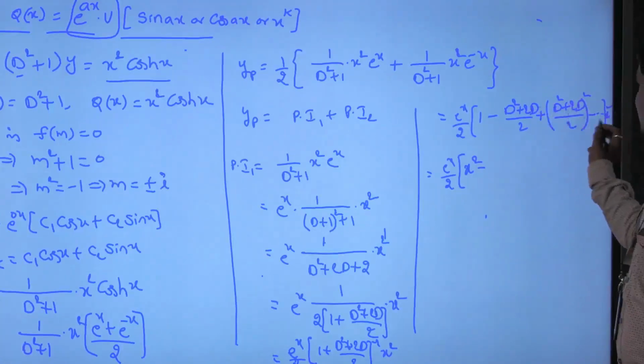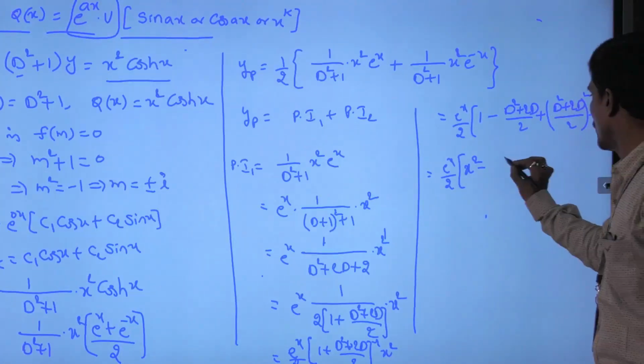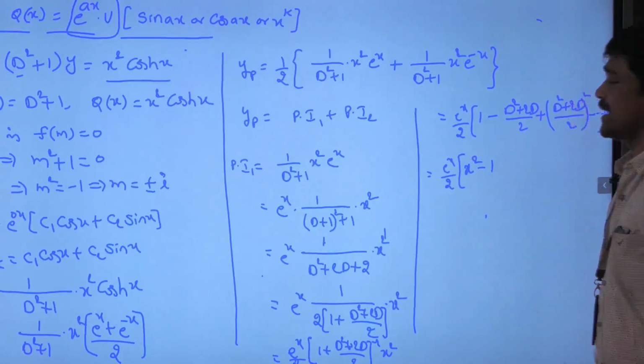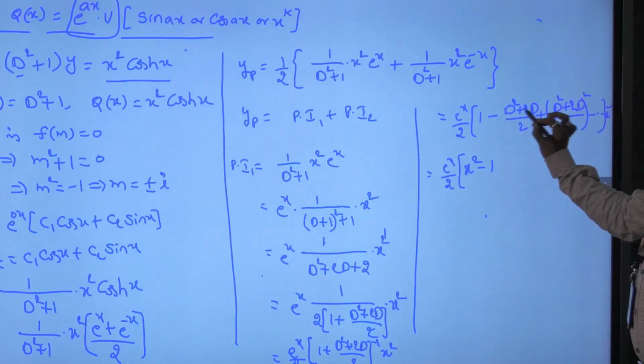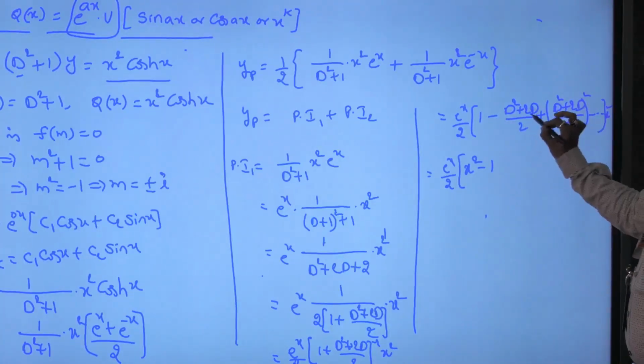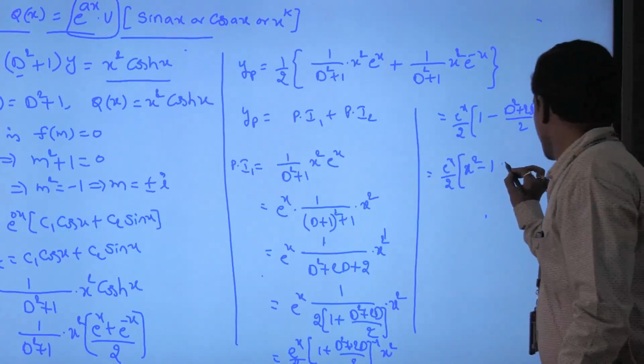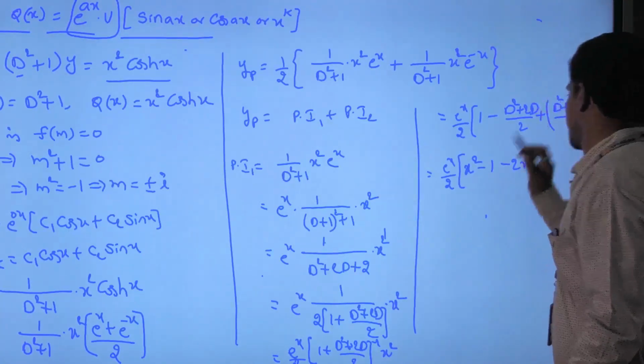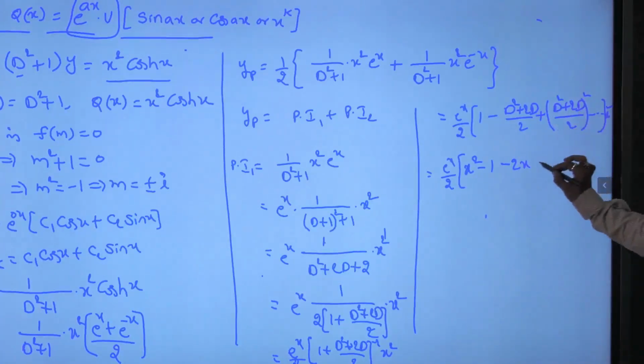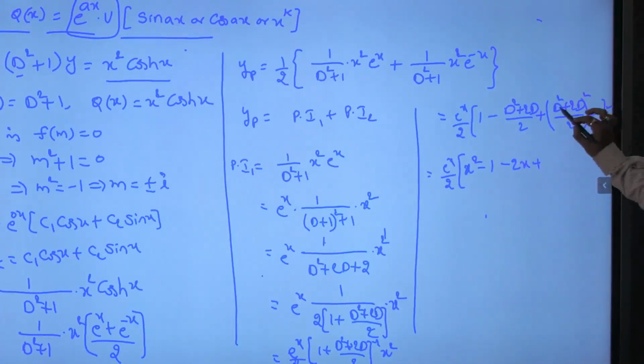So one time 2x, then second time we get 2 by 2, so we get minus 1. Next minus 2D by 2, the 2 cancels, derivative of x². What is the derivative of x²? 2x